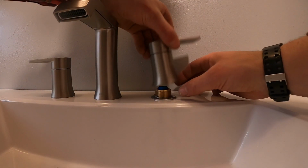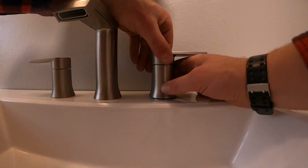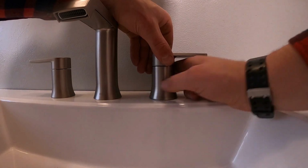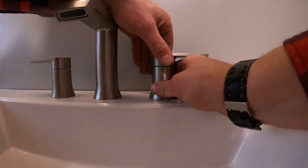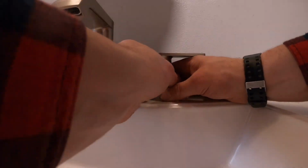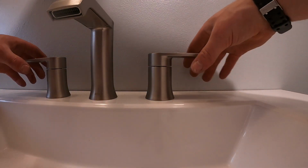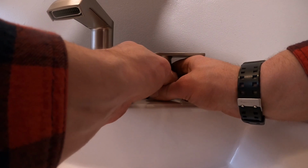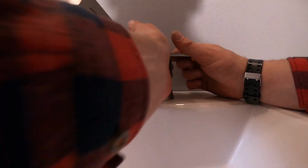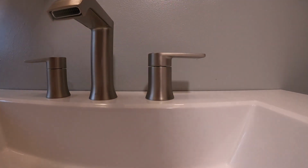All right, and here we are setting the faucet handles. You want to make sure that when you set these, everything's nice and square. The way they sit down on there, you could be off center basically, and you want to make sure everything's nice and even when you tighten it down. Nothing too exciting here. Just wanted to show the process to you guys. Making sure everything looks good and tight. Again, you don't want one handle off on an angle and then the other one straight. It's kind of common sense, but